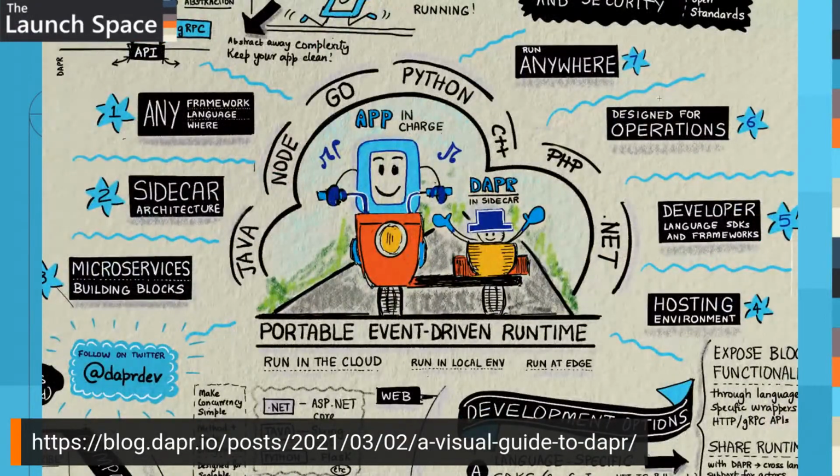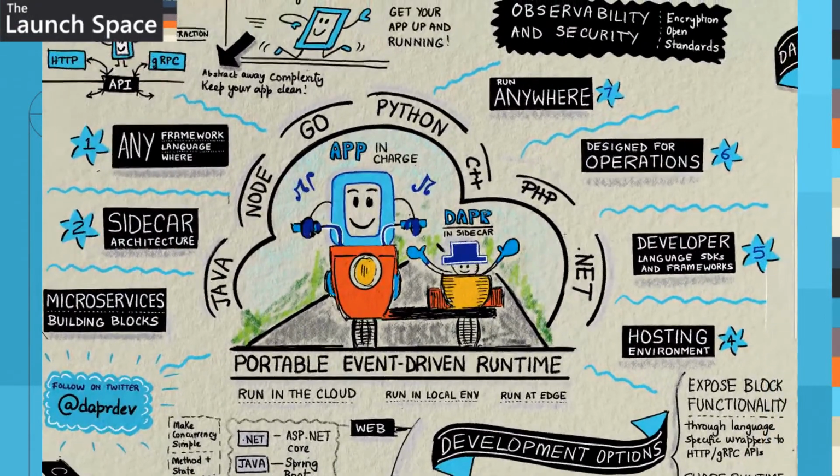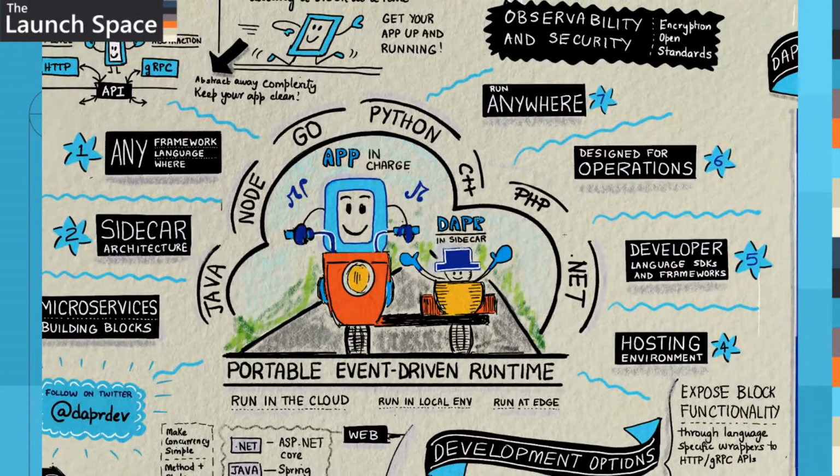Someone asked, what are the SDKs that are available? Well, now you know. What are the big benefits of Dapper? If you look at this, you immediately get the big sense. It's a microservices support architecture that has building blocks. So you've got componentized things that you can compose, use what you need when you need it. You don't need to use everything. Sidecar architecture, so you don't need to integrate Dapper code into your runtime. It can run in its own container process. You connect to it over APIs. It can be HTTP or gRPC.